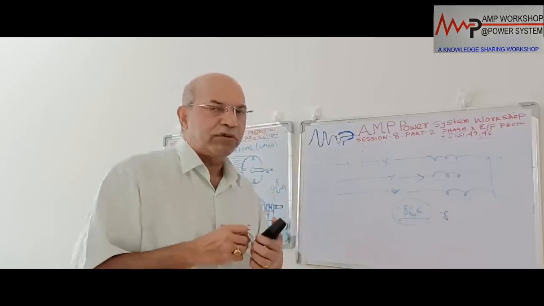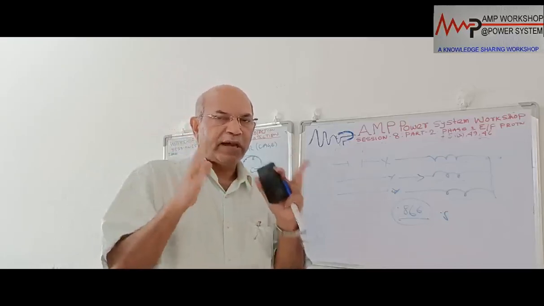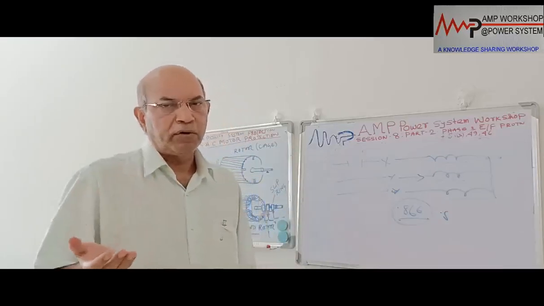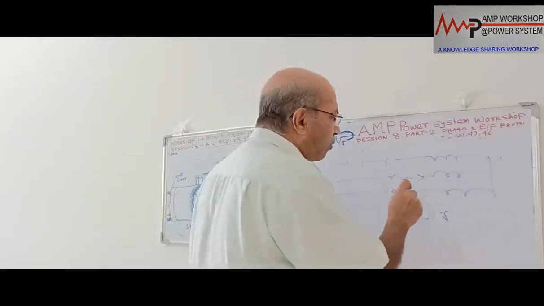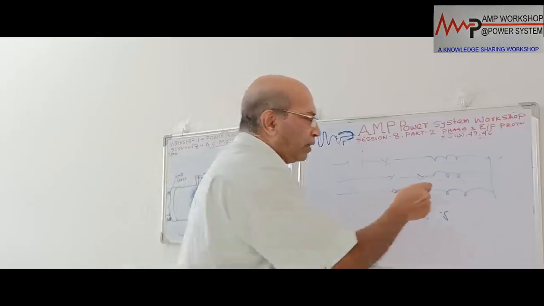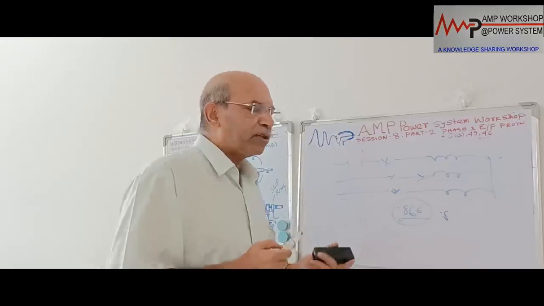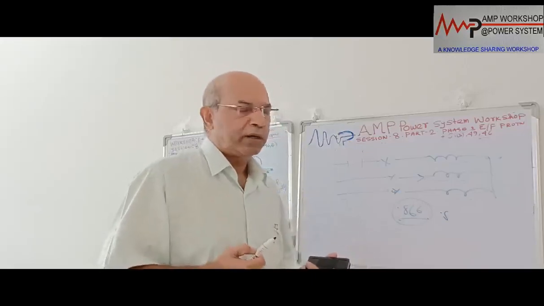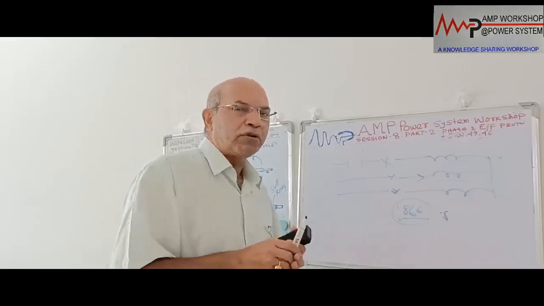So these are the two situations when locked rotor can take place, or the motor can be considered jammed; it is not able to rotate the load. So at that time, what will happen? The motor draws a huge current trying to start, but the motor is not getting started due to this problem or the initial jamming problem. In that case, it will draw 6 to 7 times the current and the motor will get burned. So we have to protect against this condition, which we call locked rotor protection.